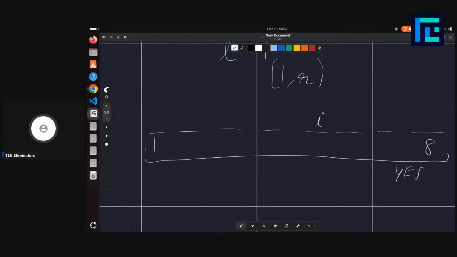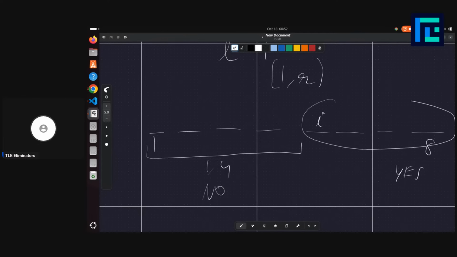Then you will basically halve the search space. So you will query for 1 comma 4, and then you will get a no. So you will know that the I exists in this range, right? So you will query some bigger one. So you will query 1 comma 6,